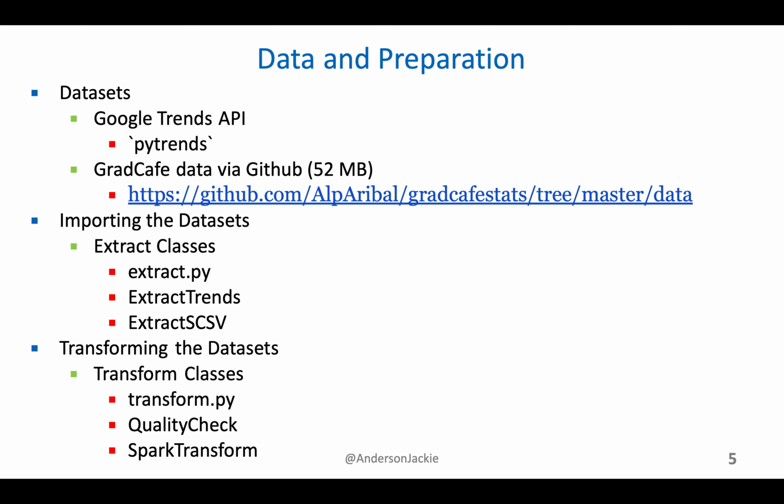So let's talk about data and preparation. The data sets for this project are the Google Trends API, which pulls down search popularity based on keywords. So it will return a number between 0 and 100, indicating how popular that search term is in a given time period. And the Grad Cafe data reflects applicant data, and so we'll use that to determine the trends